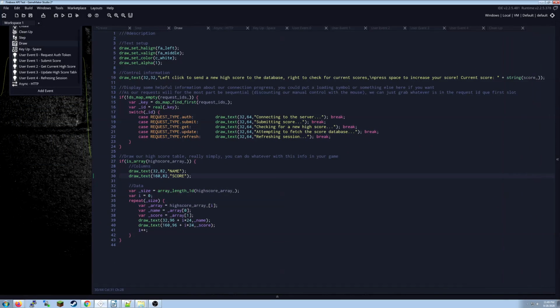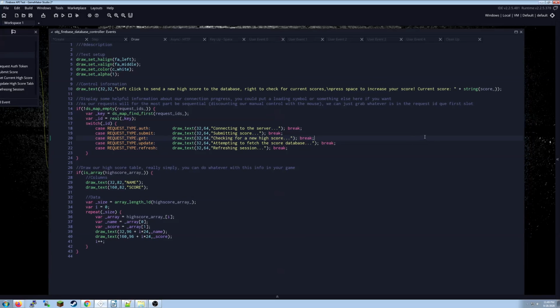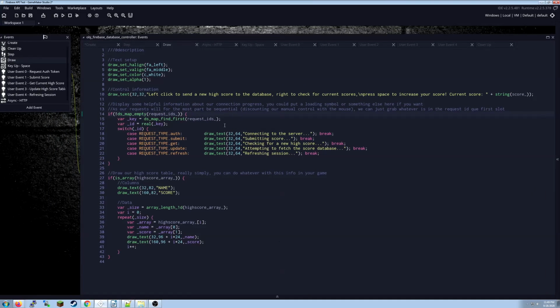This is if you want to actually bother making it exactly the same way I'm doing, but you'll probably come up with your own system. We have a little bit of information about how to use the project. Just set up our text draw, and if our DS map is not empty for request IDs, so if there's a current request out there, then we need to get the